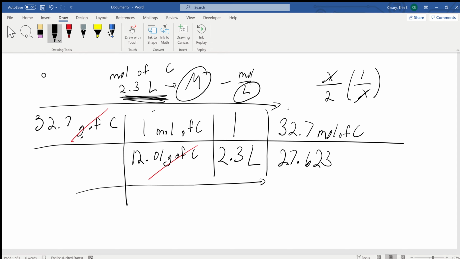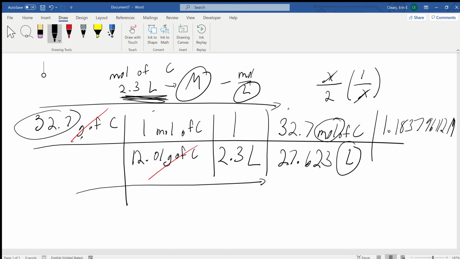Okay, and now it's my label. My label is liters. Okay, divide the top by the bottom. And that gives me 1.183796112 for my molarity, because I have moles on top of liters. Now I go back and look at my sig figs. I have 3 sig figs here, 2 sig figs here, and we assume